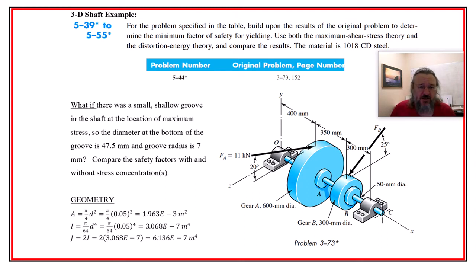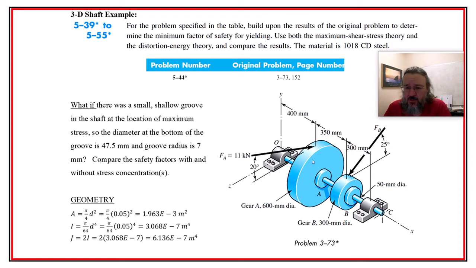I guess it was 544 in the 10th edition, probably. Okay. So anyway, we have this problem. It gets used a lot. 3D shaft problem. We have 11 kilonewtons of force at A that's acting at 20 degrees. And there's another, so this is like an intermediate shaft on a two-stage gear, or maybe multi-stage, but at least